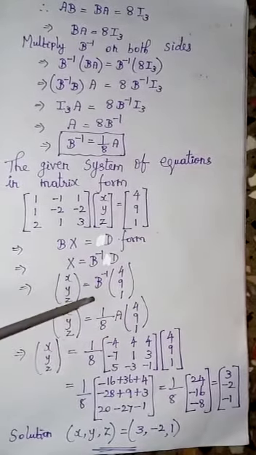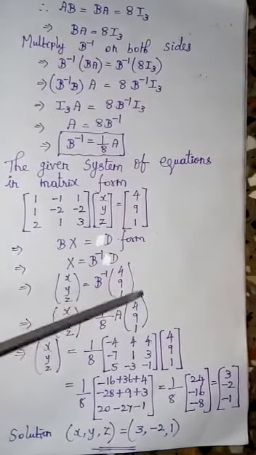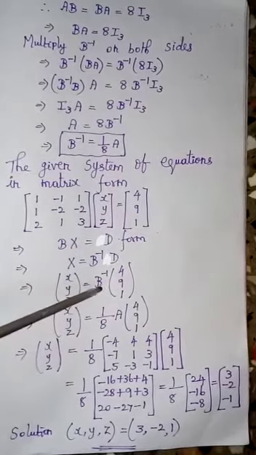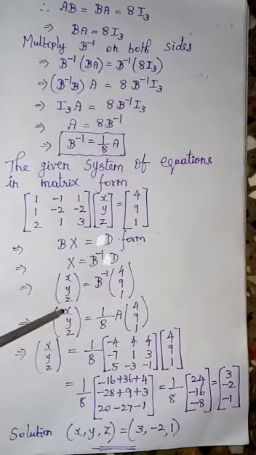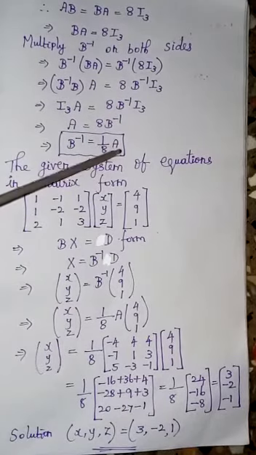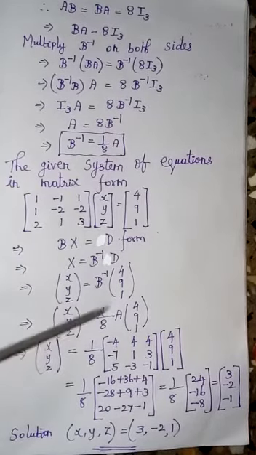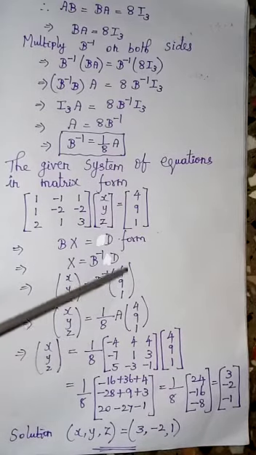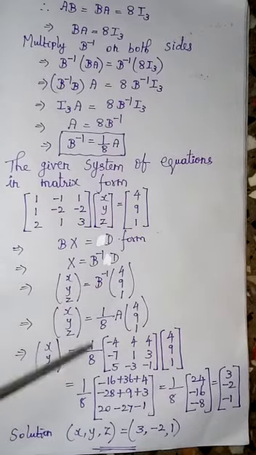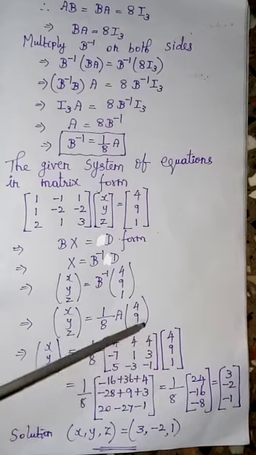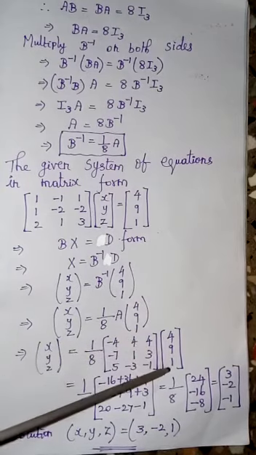So x y z equal to B inverse into 4 9 1. We need not find the value of B inverse. B inverse is nothing but 1 by 8 into A. So x y z is equal to, replace B inverse by 1 by 8 into A, into the D matrix 4 9 1. So 1 by 8 into A, which is the given matrix [-4 4 4; -7 1 3; 5 -3 -1], and the D value 4 9 1.